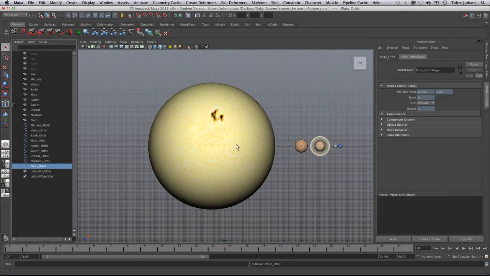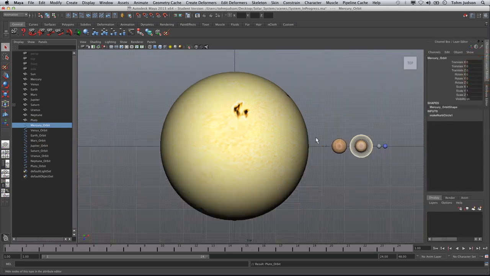All right, now that we have those set up, we're going to scale those to where we want them to be. So what we're going to do is take the math that we have for the size of the orbit and add 100 to it to make sure we are out of the diameter of the sun. So what I'll do is type these in and hand you this, and you can follow along as we go. First thing we're going to do is go back to the channel box. We're going to select the Mercury orbit. We're going to scale this to